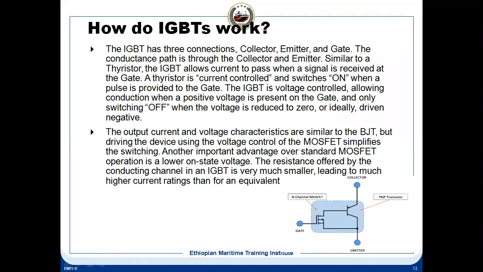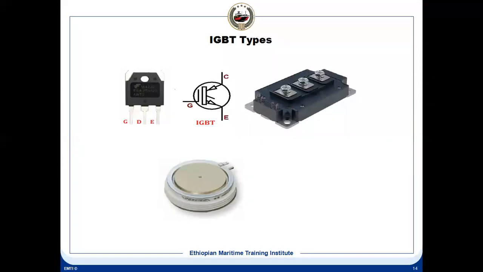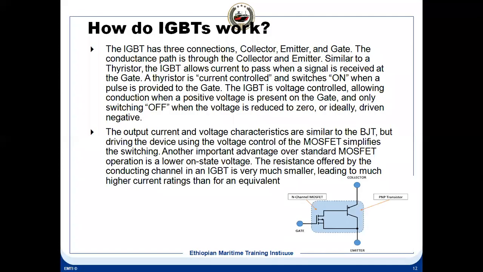The reason being, you see here, this is the logic symbol. If you look here, the gate is insulated. This is the gate. The gate is not connected anywhere here. It is insulated using an SiO2 layer. SiO2 means silicon oxide layer. It is insulated using a silicon oxide layer so that it becomes like a capacitive action.